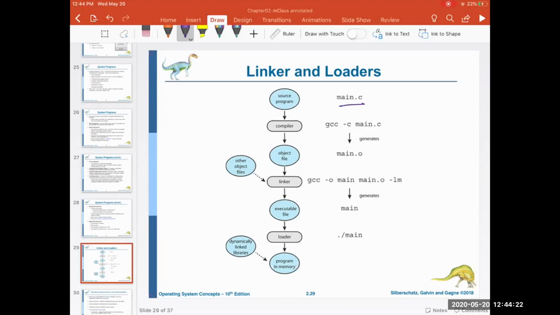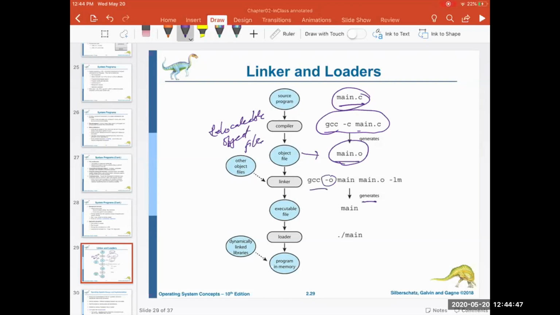So we have a main.c file. Then we compile with GCC. GCC is a compiler which compiles this file and creates a relocatable object file. Once we link it, it will create an executable file. All of you are aware that for Windows it will be .exe, and for Linux and Mac it will be a .out file. To run this, I just do ./main, and it will load that into the